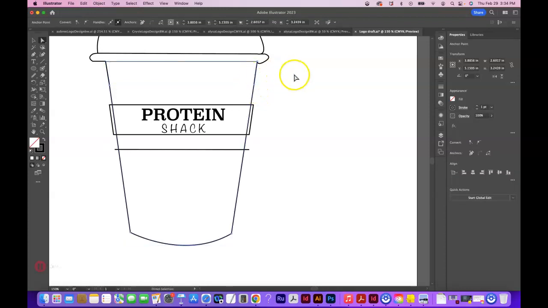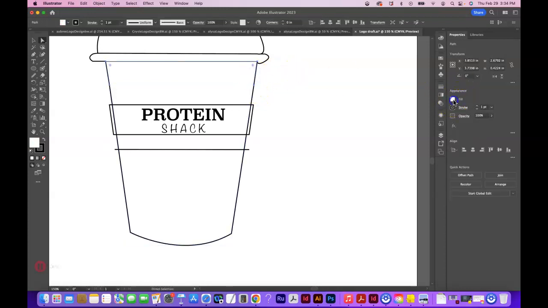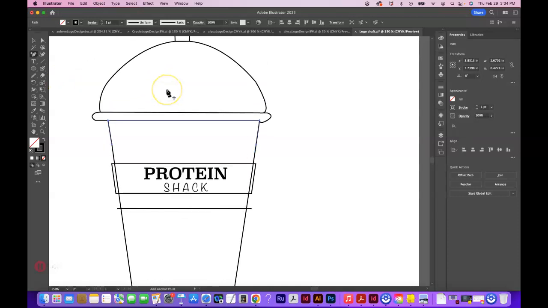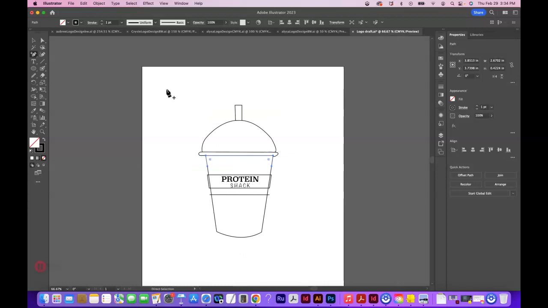Okay, what I'm going to do is I'm going to back this up. I just had to kind of see how this is constructed. We'll take the fill color out. Okay, so there's a bunch of different lines here. Might need to clean that up a little bit. One thing we can do that might work pretty well is